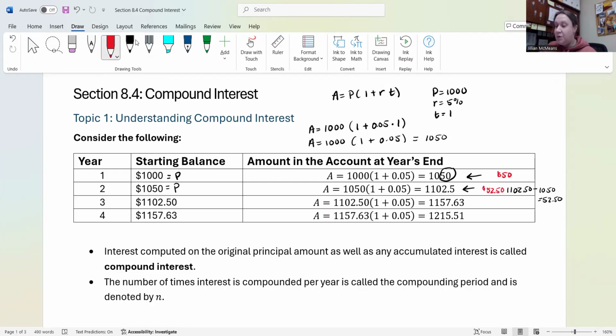Okay, so for year three, if I use the simple interest formula, P is no longer going to be 1,000. It's not going to be 1,050. Now it's going to be $1,102.50. So all of that accumulated interest is going to be my new starting balance. And then I do the same simple interest formula, $1,102.50 at 5% for 1 year,